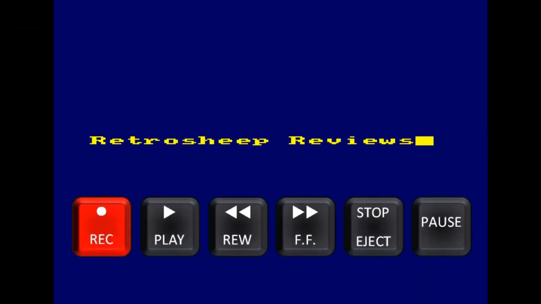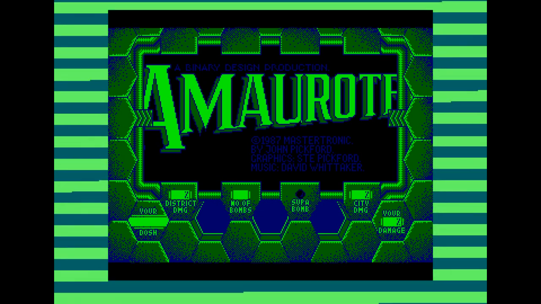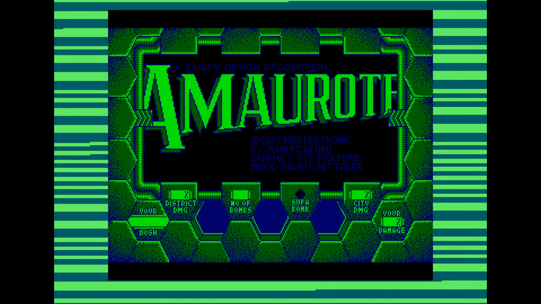Hello, it's Retro Sheep review time again, and this time we're going to be taking a look at a game called Amaurote on the Amstrad CPC 464. It was published by Mastertronic in 1987, and it was developed by Binary Design, mainly the Pickford brothers,